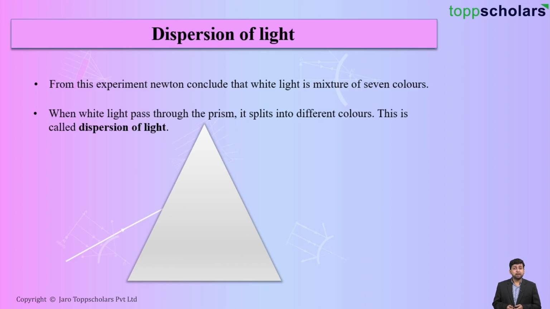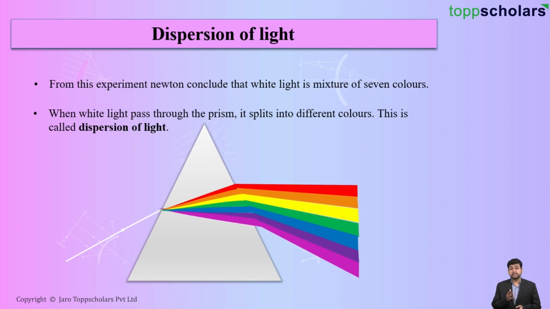If a white light passes through the prism, as soon as it enters the prism, it gets dispersed. And this phenomenon is the dispersion of light, and the patch is called the